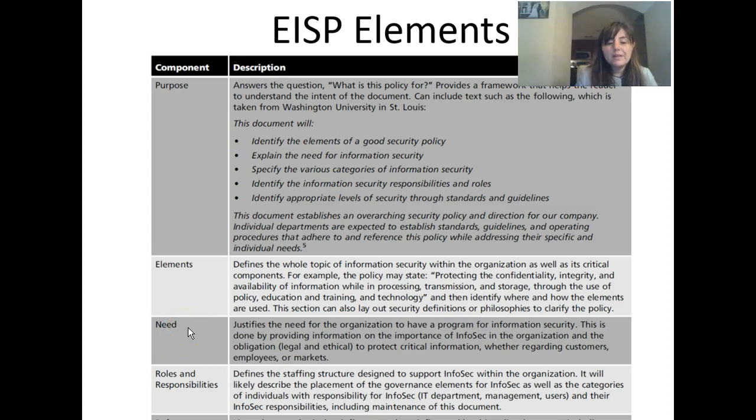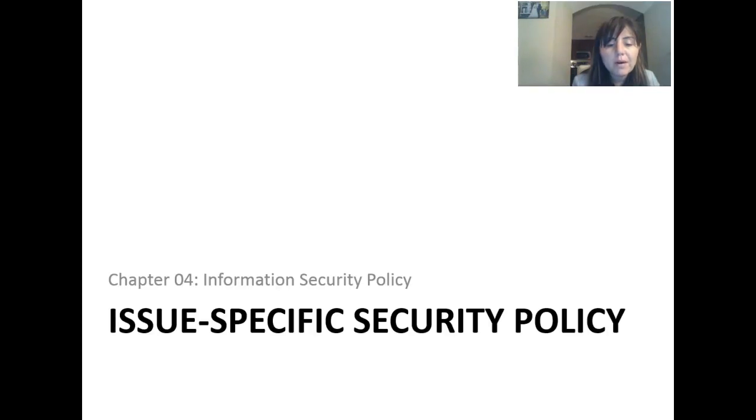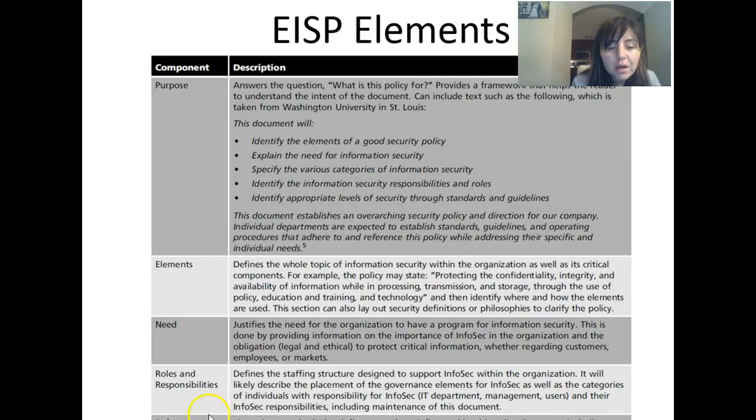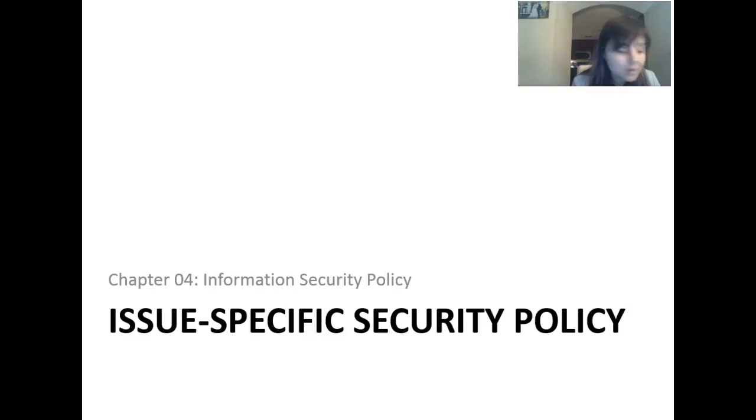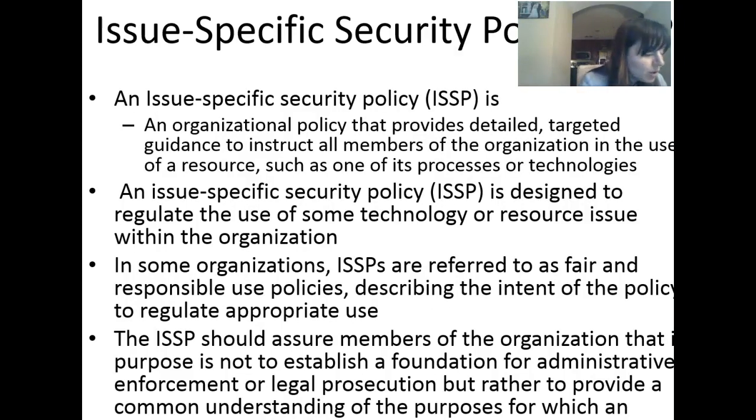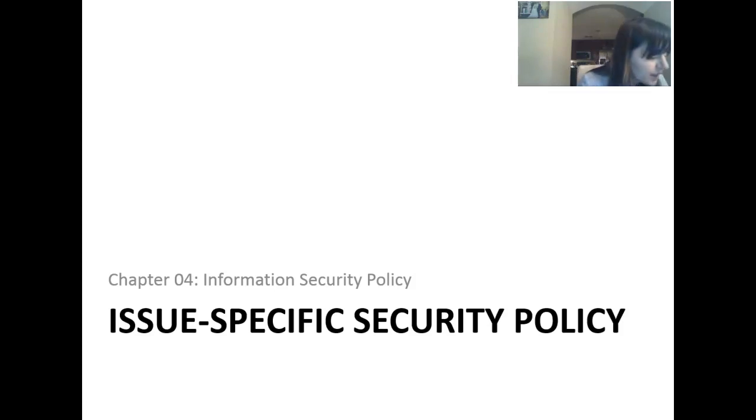You need to justify the need for the organization to have a program for information security, and also you need to define the roles and responsibilities of the people who are involved in the formation of the information security policy. And references list other standards that influence this policy and this document. Any other federal laws or state laws or other policies that you are using in order to